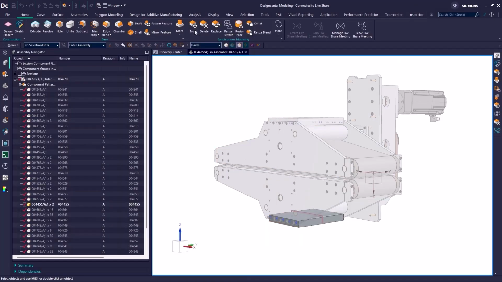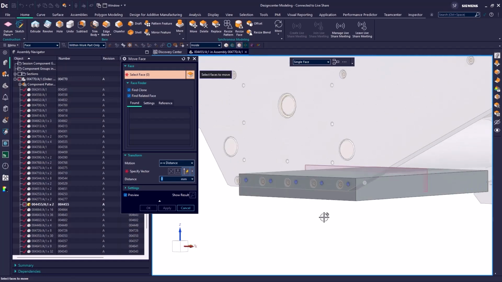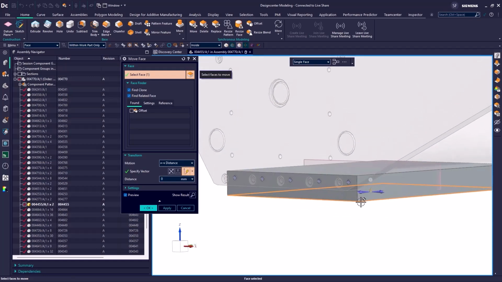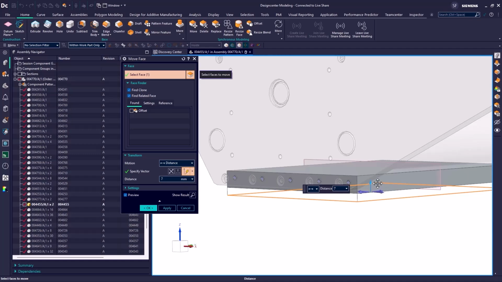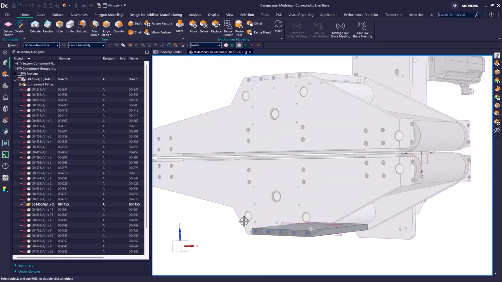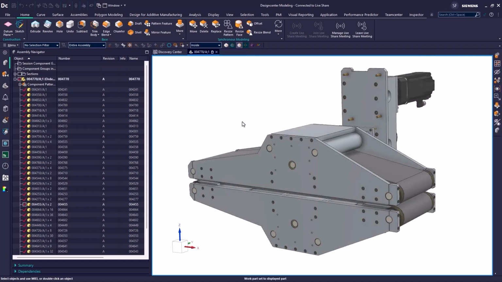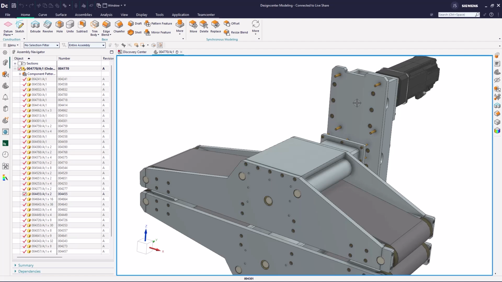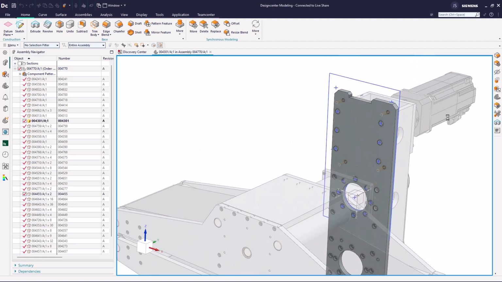And Scott is also able to do the same. He'll perform a simple move face command by changing the work part. This will only change the work part for him, and these changes will not be visible for the rest of the meeting attendees until he selects OK. At that point, I'll get a notification that changes are being processed and the part will be updated. At the same time, I start to apply a move face to my current work part.